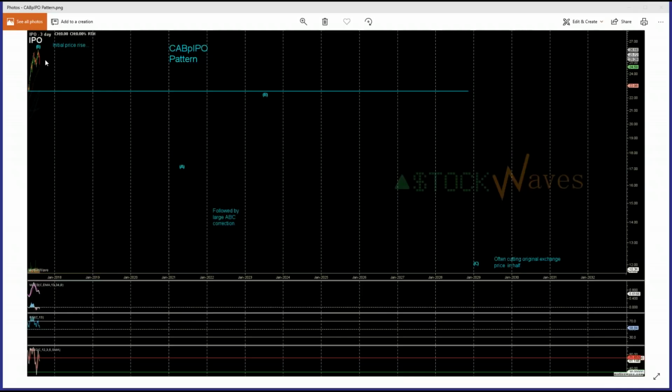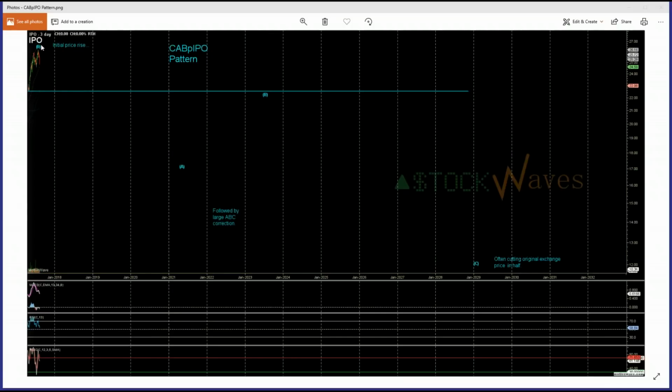But once that finishes, what we've noticed is that most of the time that is some fifth wave completing in some larger pattern. And so after that completes, then the normal part of the pattern takes over, which is a large ABC consolidation that often takes price down to roughly 50% or more of where it initially came on the